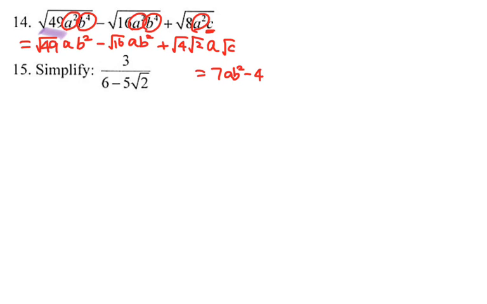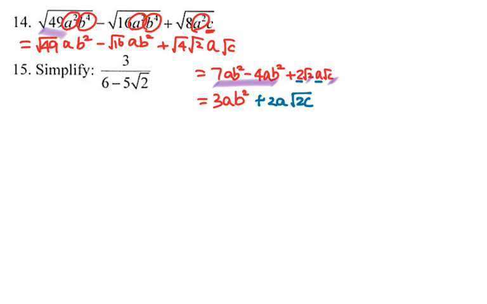Now in this case we get seven ab squared, because square root of 49 is 7. Next one is 4. And then the last one is square root of 8, which becomes 2 radical 2, times radical c. So when I combine the first two terms, we get 3ab squared. Now the next one is 2 and a multiplied together because those are the two factors that are outside of the radical. And on the other hand, 2 and c were multiplied together because those are the two values inside of the